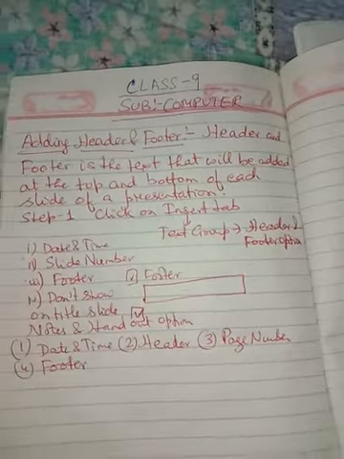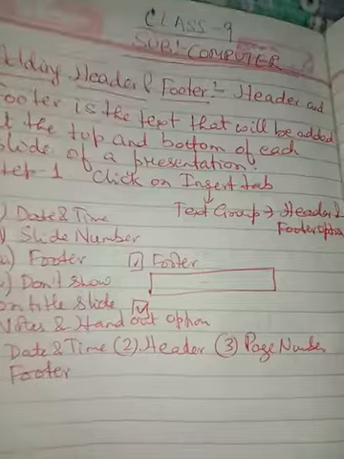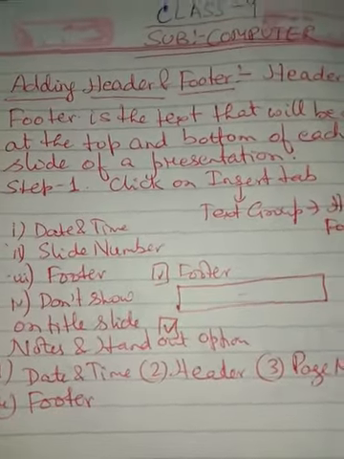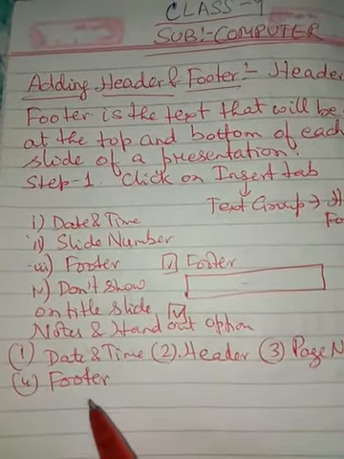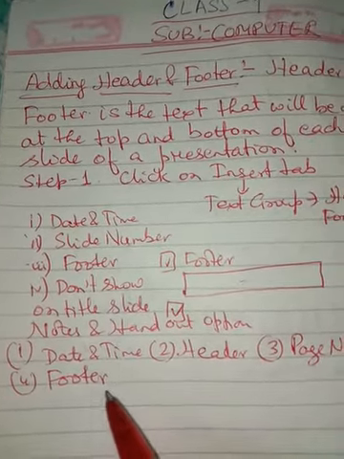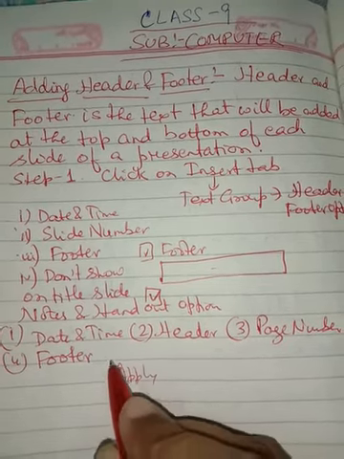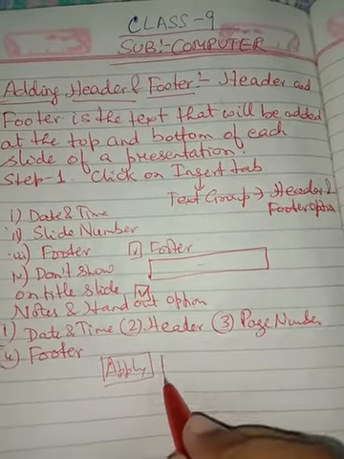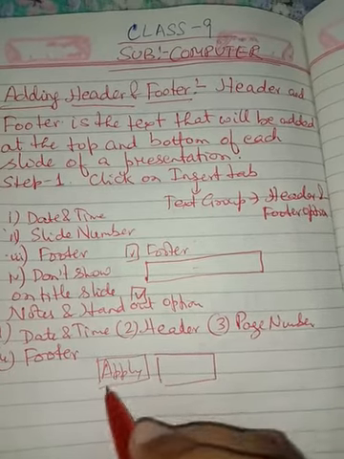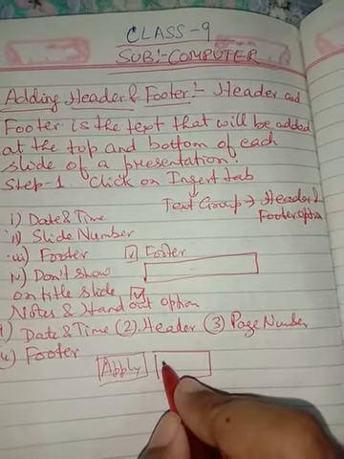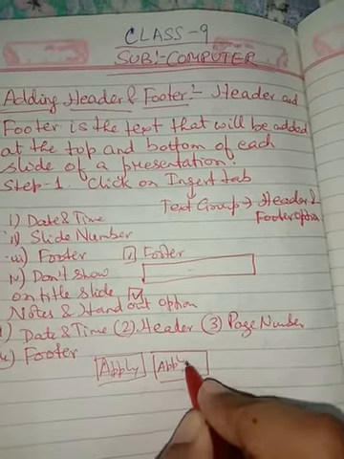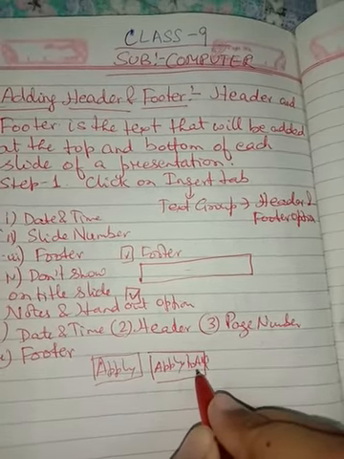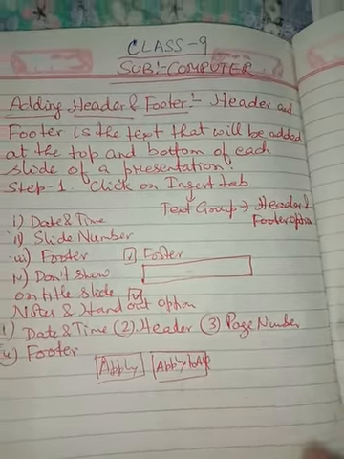So in this way we can add header and footer in our slides. The next topic, we also have the option of adding the header and footer on a particular slide. If you want to add only to a particular slide, we can click on the apply button. Or if we want to use header and footer or the notes and handout sections on all the slides, then we have to click on the apply to all button. As soon as we click on apply to all, that header and footer will be added in our slides.